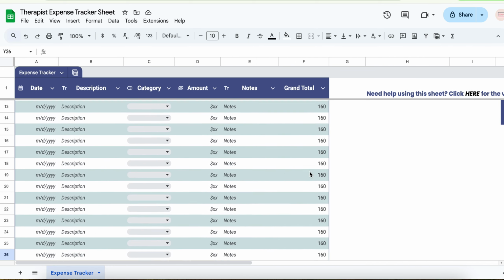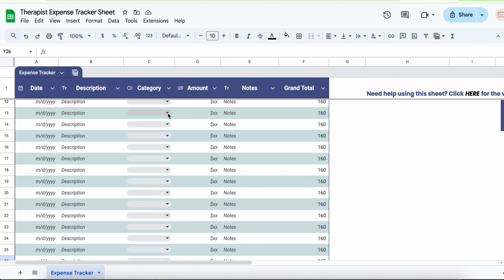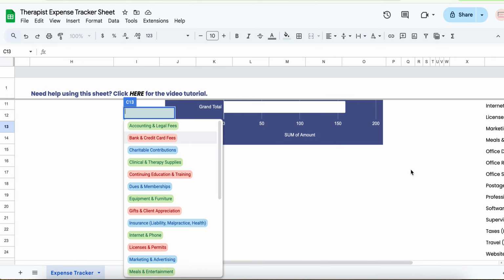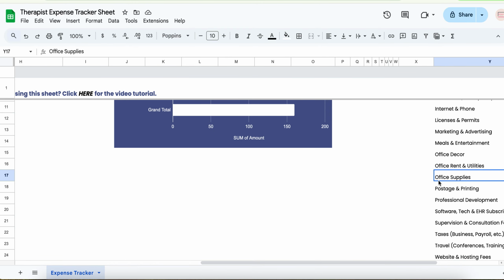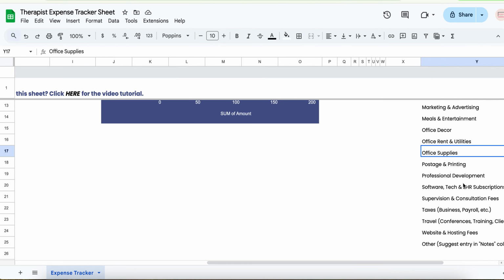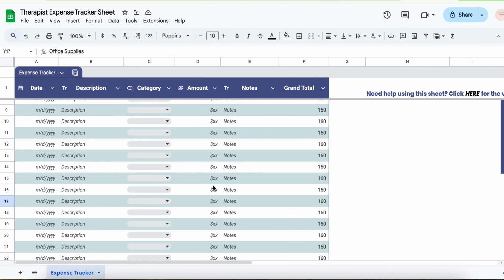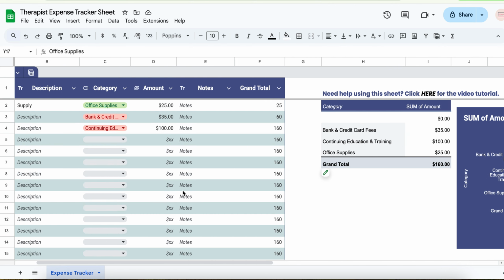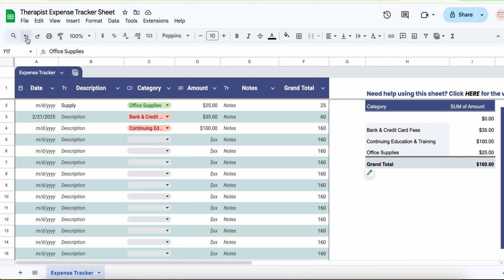And what happens is the categories here, I have it set up with formulas so that the categories pull from what's over here. So if you make a change to this is where you want to add categories or change if you need to, it will automatically come up for you over here, and everything will also be adjusted here as well as here. You can always go back and undo with the undo button